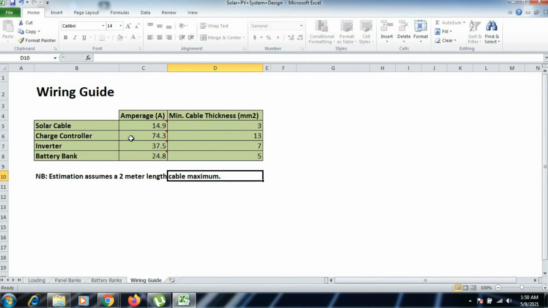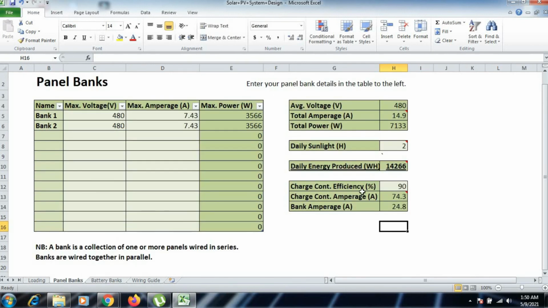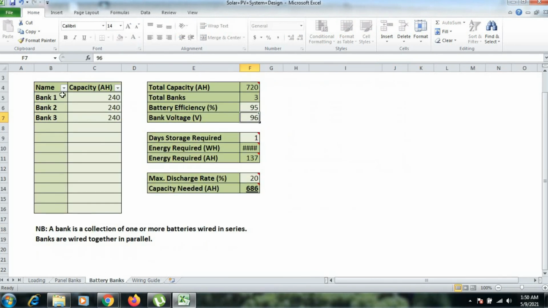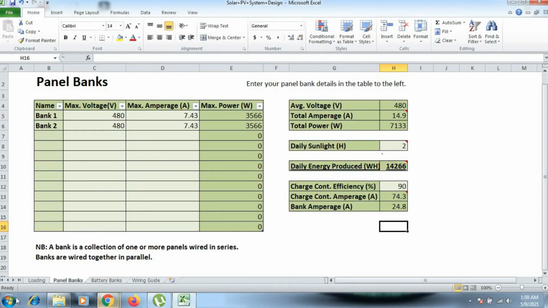Now from charge controller to battery bank, the cable which is going is having 74.3 amperage as we have calculated before. Now what is this bank amperage? As you can see, we have used here 3 battery banks. So for each bank the amperage rating will be this 24.8.